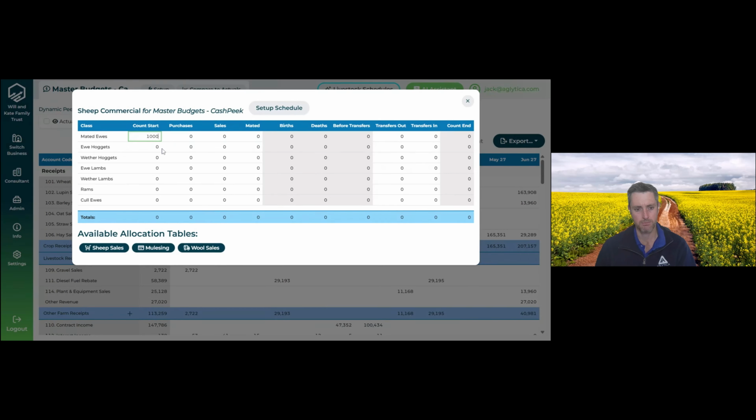If we plug in 10,000 mated ewes, purchase 500 a year, we look at selling 2,000 surplus, and we've mated 8,000 for our own birth on farm, allowing for the death rate of 1.5% at 210 units as well. So before transferring, we have the ability to transfer in and out